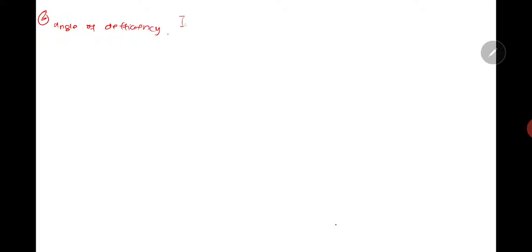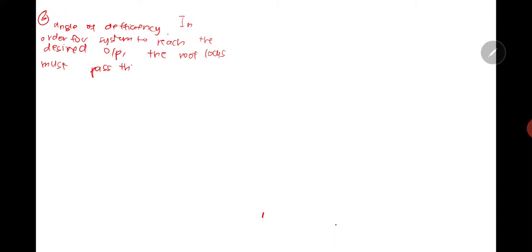In order for the system to reach the desired specification or design requirement, or the desired output, the root locus of the system must pass through the desired dominant pole,